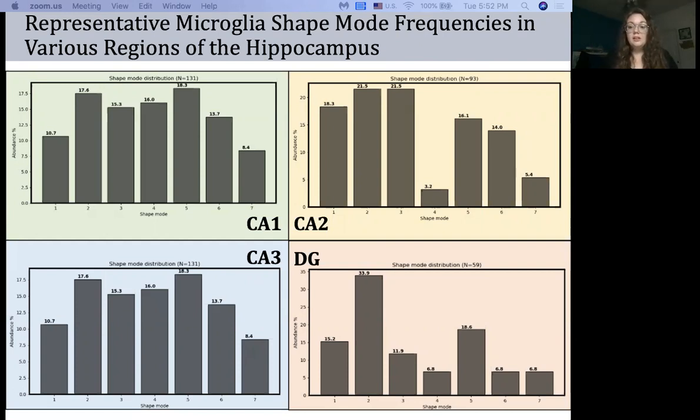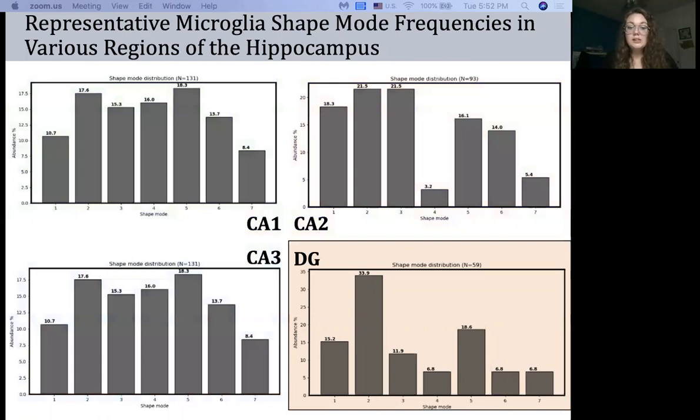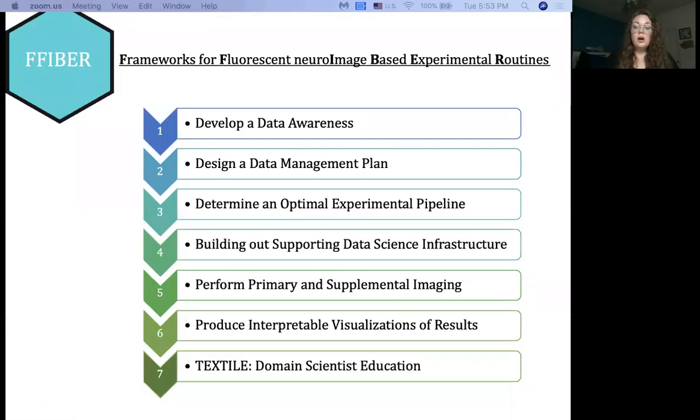And from there, we found that there was actually quite a lot of difference just between the DG and the other 3 regions within the hippocampus. This was interesting, and we applied it into a grant. We've also done the same application in age differences and found significant differences there as well. So all of this was made possible by FIBER, but after we did the 6-step process into the oxygen glucose